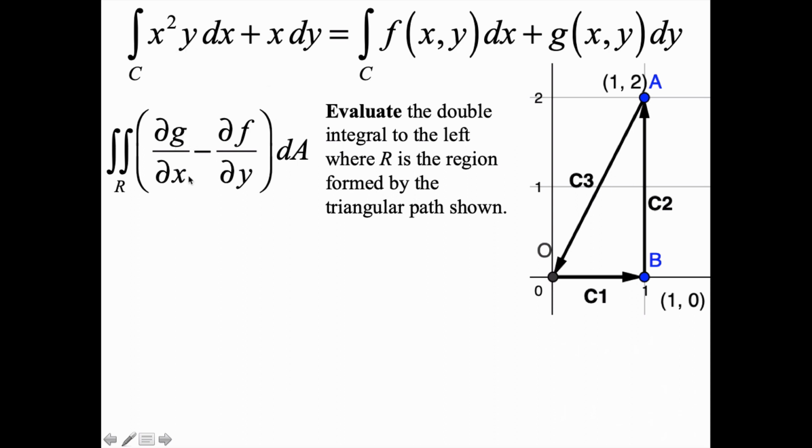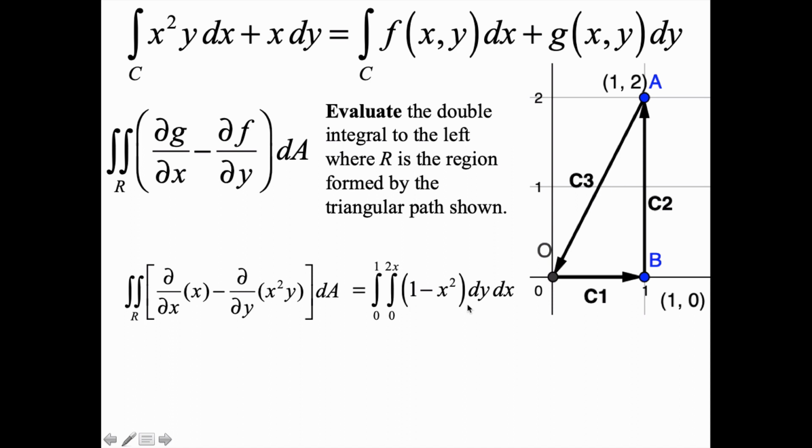What's partial g with respect to x? Well, g's over here. Partial x with respect to x, that looks like a 1. And minus partial f with respect to y. Here's f with respect to y. So we treat this like a constant. It looks like x squared. Okay, so we have 1 minus x squared, and we know the dA differential, the area in terms of x